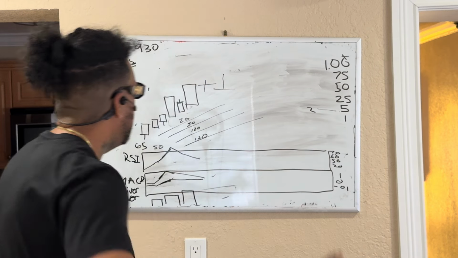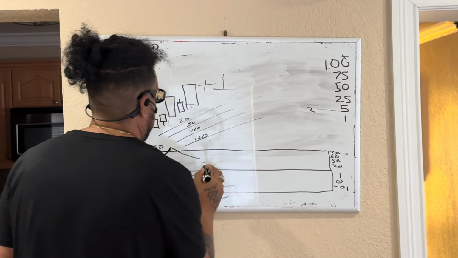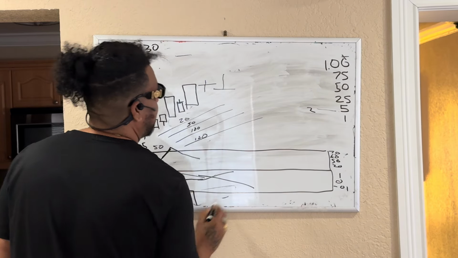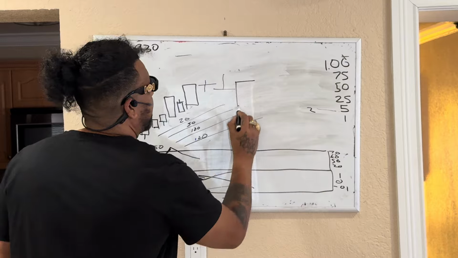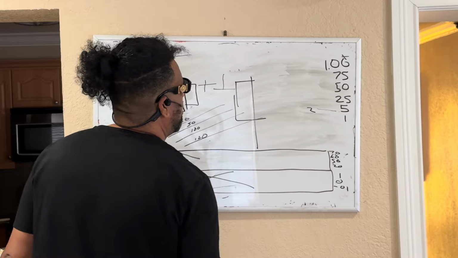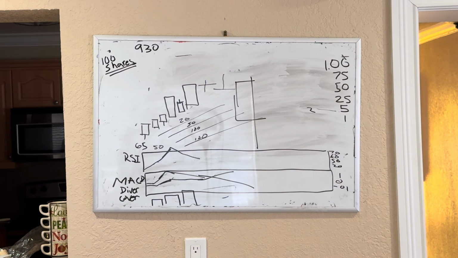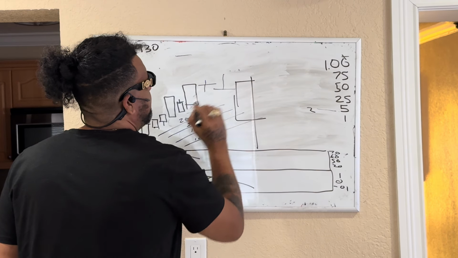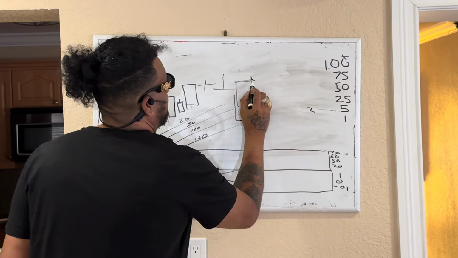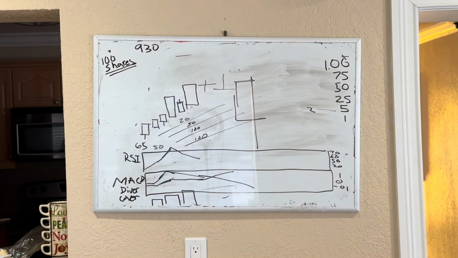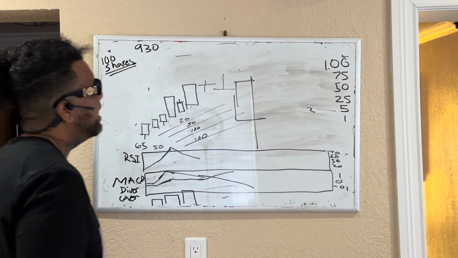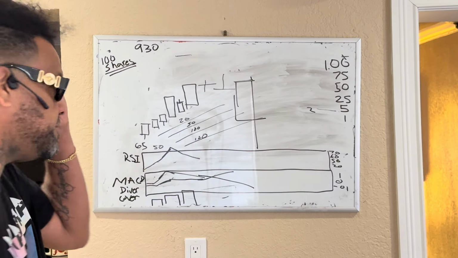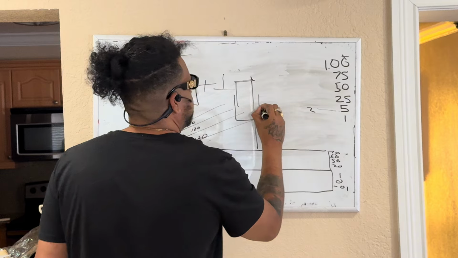Sell. Because I'm going to tell you what's going to happen. On the next one, it's going to converge. That's a death cross. You're going to get a liquidation candle. You're going to lose everything. Either you could sell here, or you sell immediately when you see the red here, because it's going to come. Alright? Not only that, now you got to wait. It broke the moving averages. If it continues,